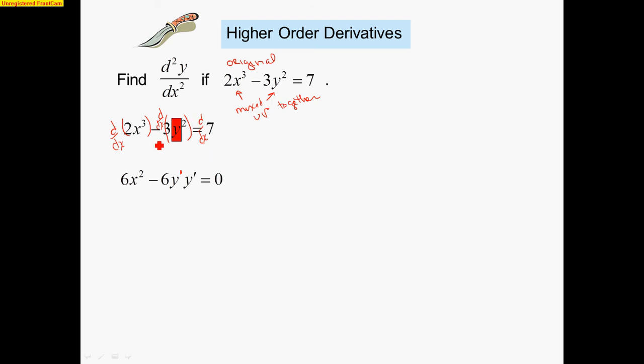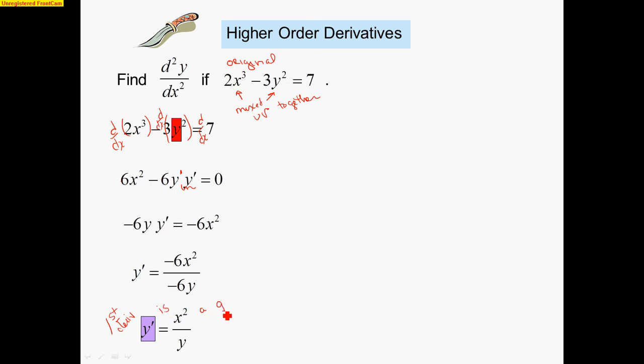What you do to one side of the equation, you must do to the other. If you're going to take the derivative of 2x cubed and you're going to take the derivative of 3y squared, you best take the derivative of 7. Now you want to get y prime by itself. So subtract 6x squared and divide by negative 6y. Cancel out the negative 6's. And the first derivative is